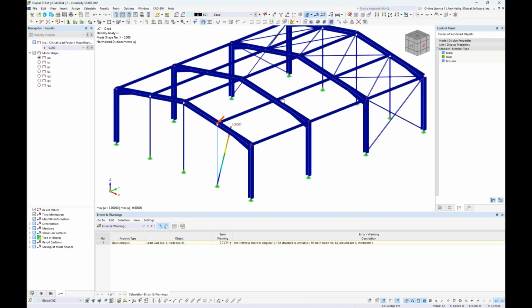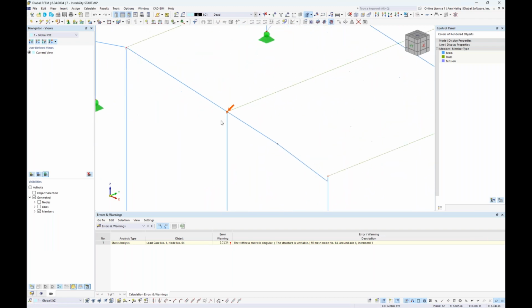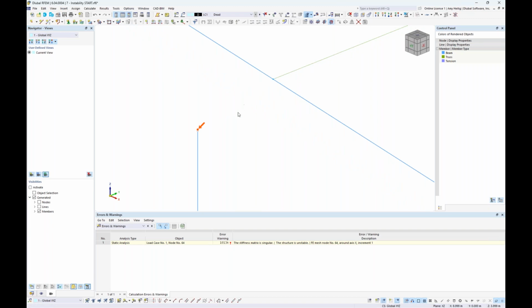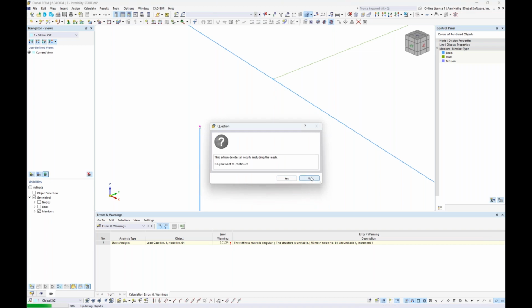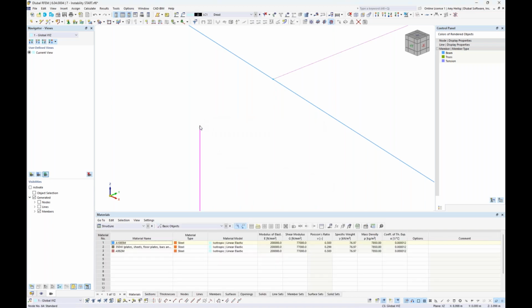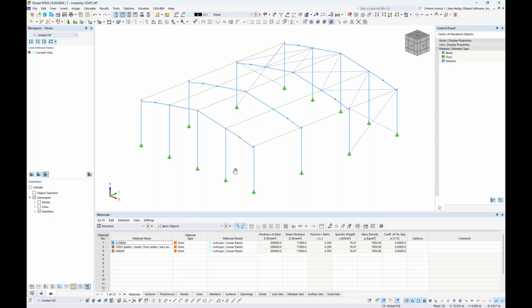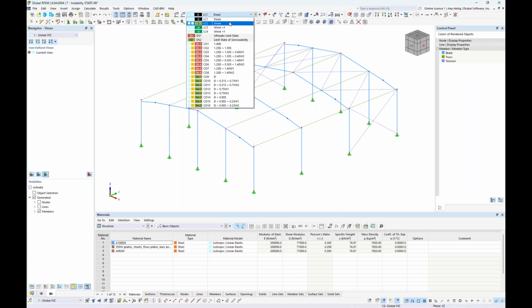When I turn off the results here and I zoom in wireframe view, very, very closely, sure enough, I see that these two nodes are not connected. So I can simply take this node and I can go ahead and drag and drop it here to this other node connected to the frame. So what we should see now is hopefully the dead load will solve and we have no more instabilities for this load case. So assuming now that everything is solving for first order analysis for these first few load cases,